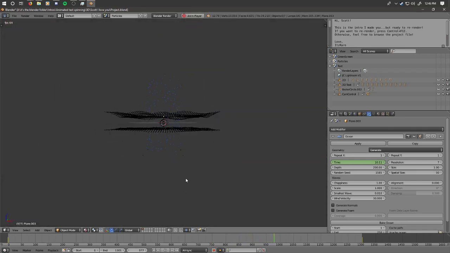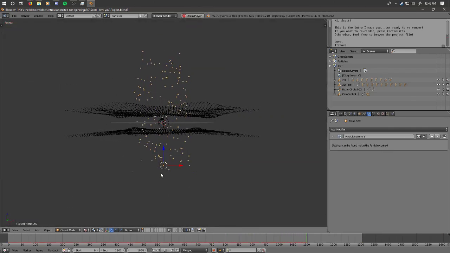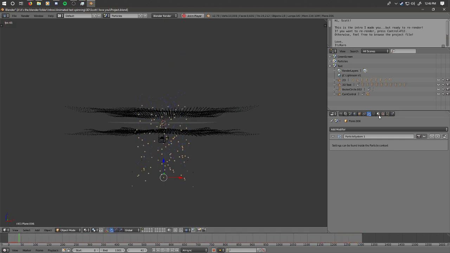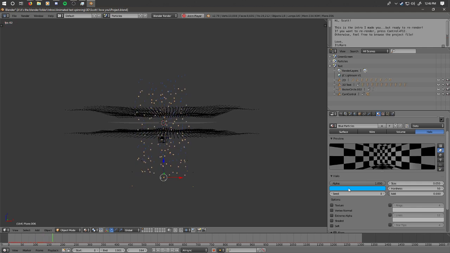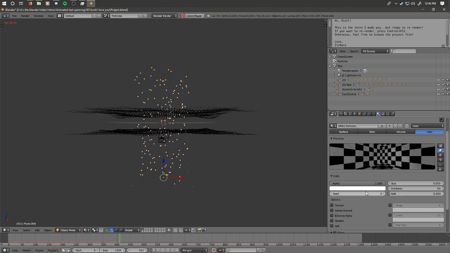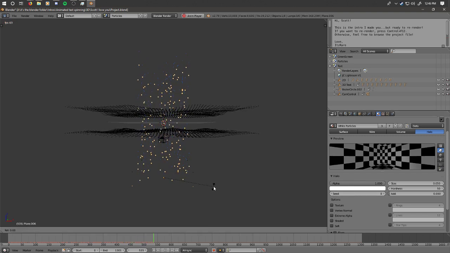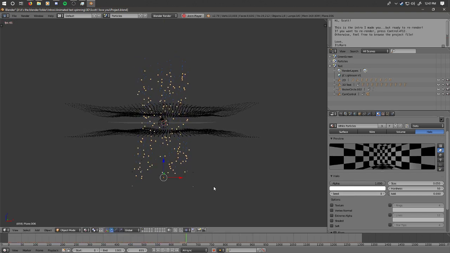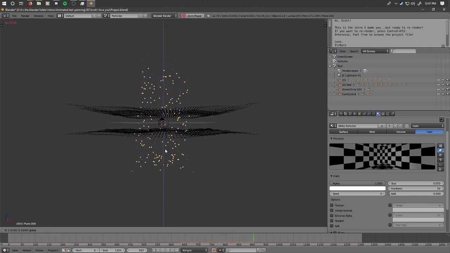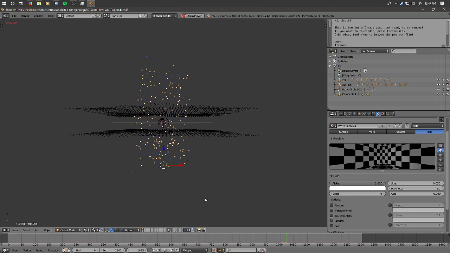Alright, now of course I'm going to have another one down there with our white particles. I'm gonna plop it right back in now.